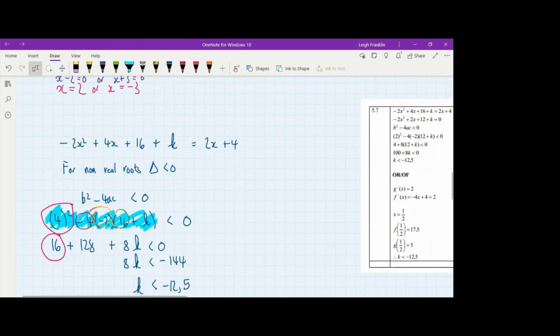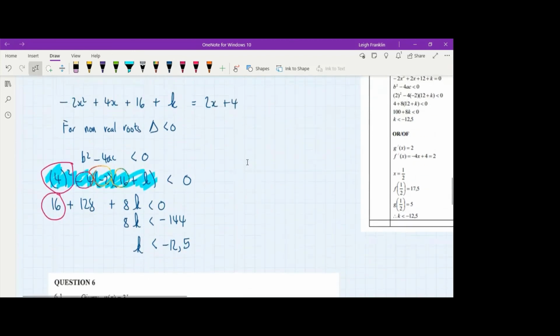Everything else that we did was correct, it's just we would have had to get this into standard form first. So that would have given us minus 2x squared plus 2x plus 12 plus k equals 0. Now when we sub into delta,